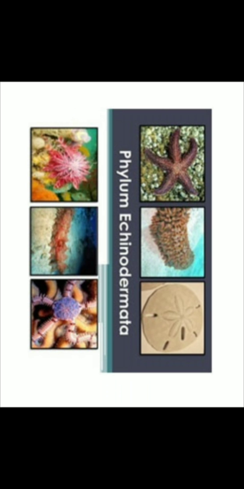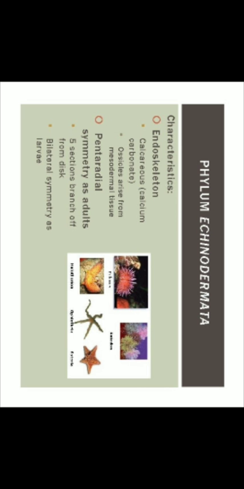Let's study about phylum Echinodermata and its characteristics. You can check out the pictures given over here. Starfish is a well-known creature. Let's understand what Echinodermata means. Echino, as per the term, is totally related to spines present over their skin, and derm here is skin. So there are animals which come under this particular phylum which have spines over their skin.